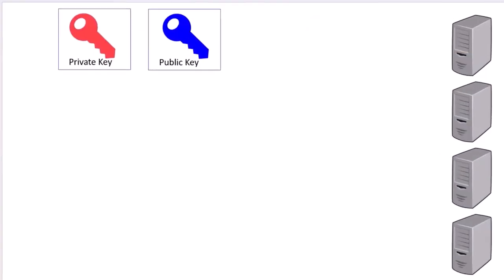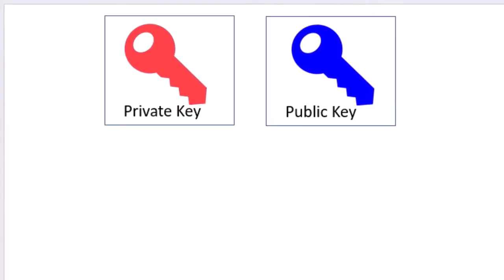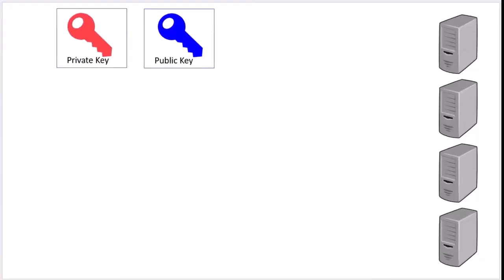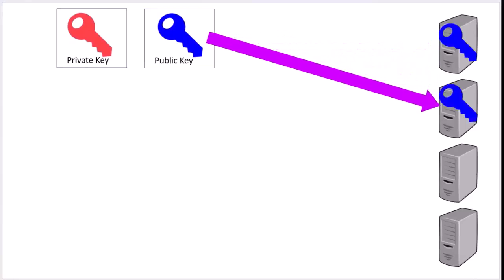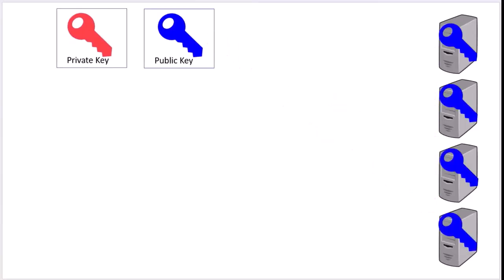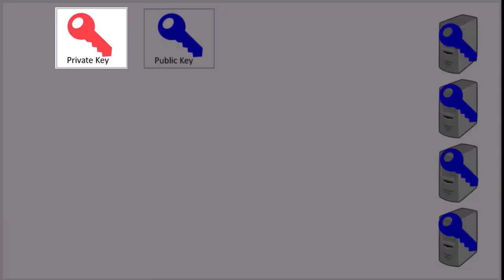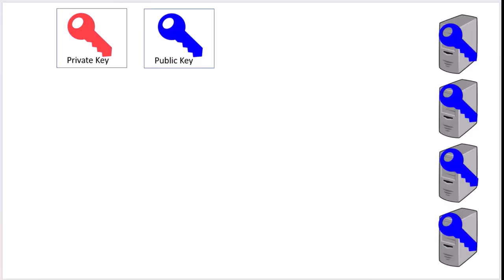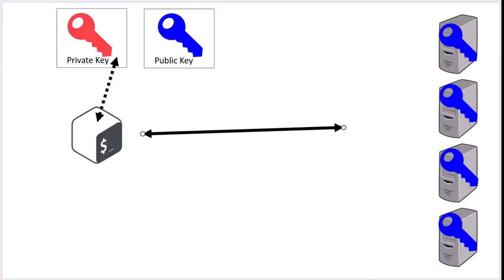Now with SSH keys, things improve. You create a public-private key pair and copy your public key to every server you want to use your private key with. You should only have one copy of your private key, so make sure to use a passphrase. And don't worry, we'll get to our demo very shortly. When you use your private key to SSH, you will be prompted for your passphrase every time. This really isn't much different from using a password.